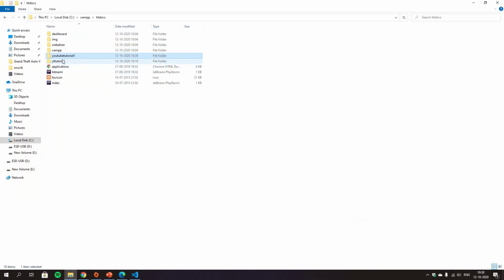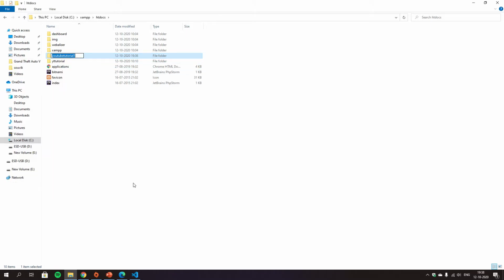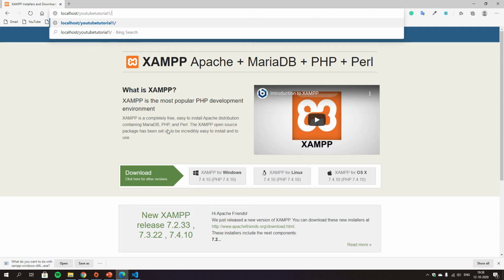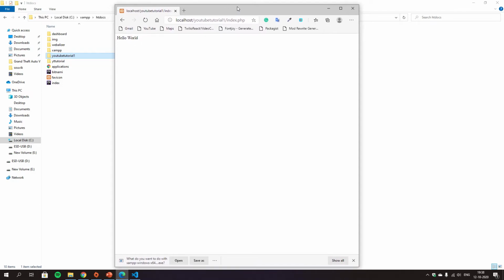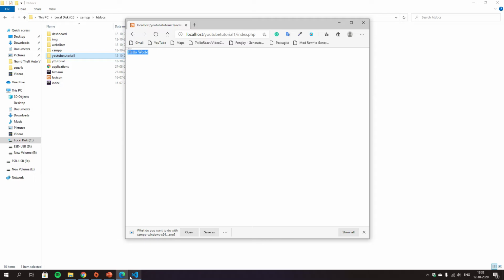So I'm going to copy our folder name from here and paste it here, and then / your file name, that is index.php, and then press enter. And now you can see the output is hello world, right? Now our output is hello world.